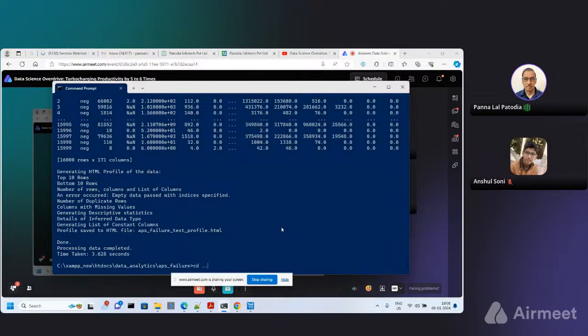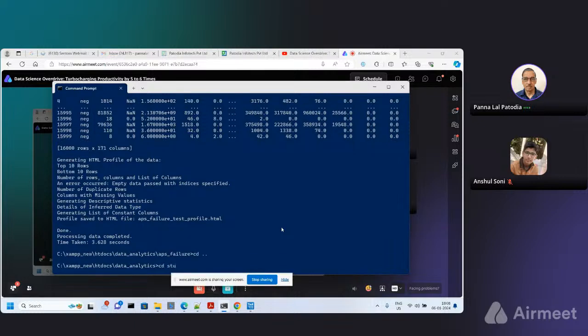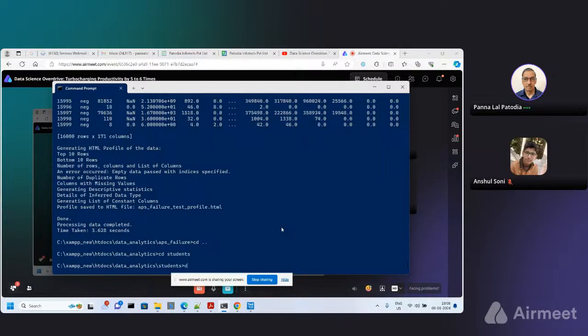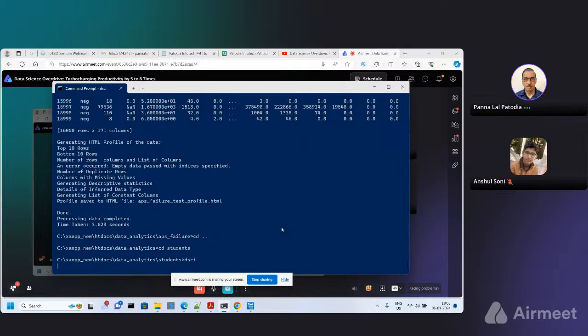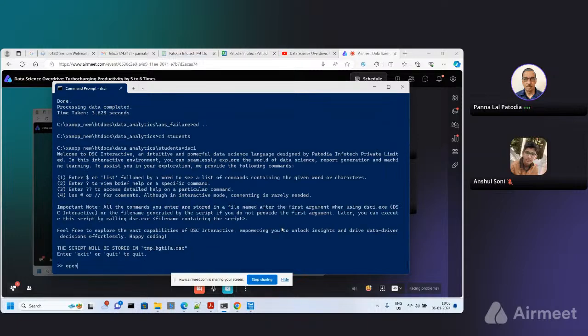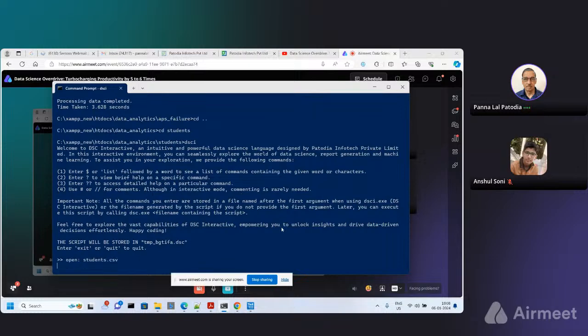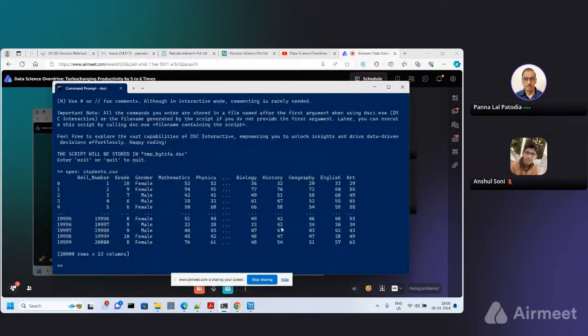We will go to student data only. And I'll say DSCI open students.csv. Are you able to see the data here itself, the way you are seeing it in Jupyter? And now my question is, I want to add a total column. So what should I do? So I'll say,